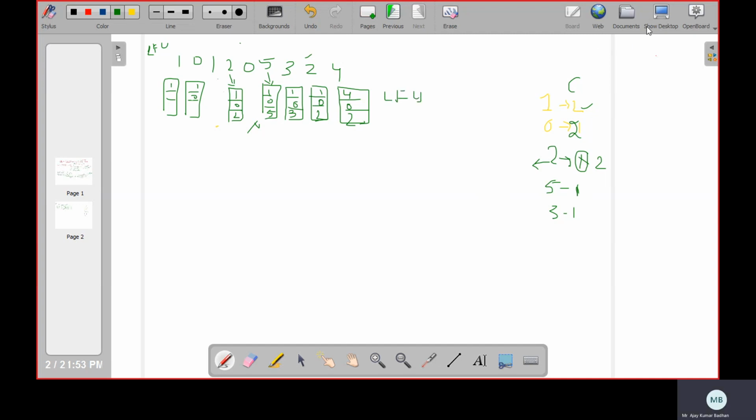I hope it's very clear for you people. So this is the way. Based upon the counter value, once we store a page, whenever we come to that particular page again, only then the counter has to be incremented. And whichever page has the lower counter value, that particular page we need to replace.